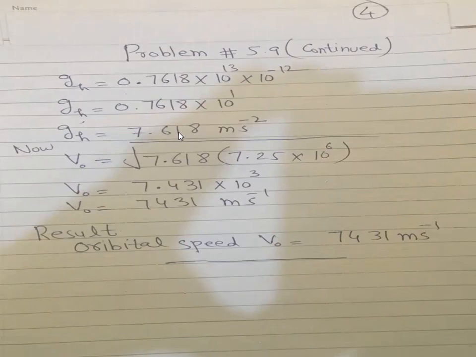The value of GH is 7.618, and the value of R plus H is 7.25 into 10 to the power 6. So multiply 7.618 by 7.25, and then take the square root of it with 10 to the power 6, and you will get 7.431 into 10 to the power 3. If you multiply 10 to the power 3 with 7.431, you will get the orbital speed, which is equal to 7431 meter per second. So orbital speed V naught is 7431 meter per second. I repeat,